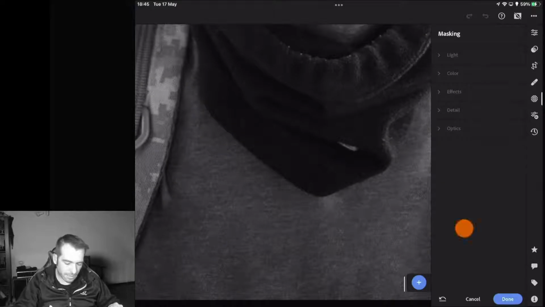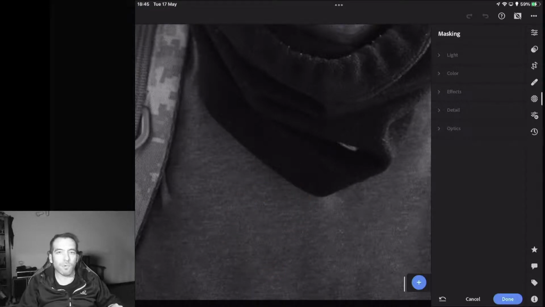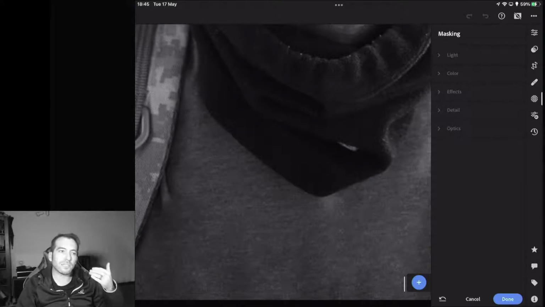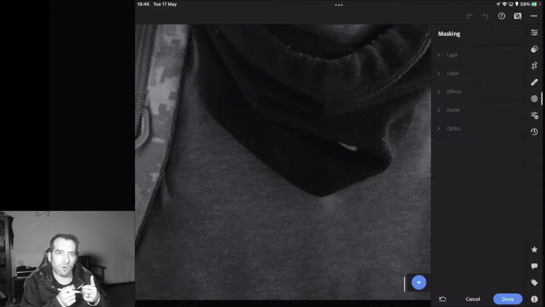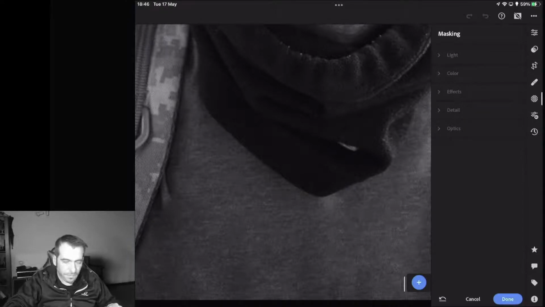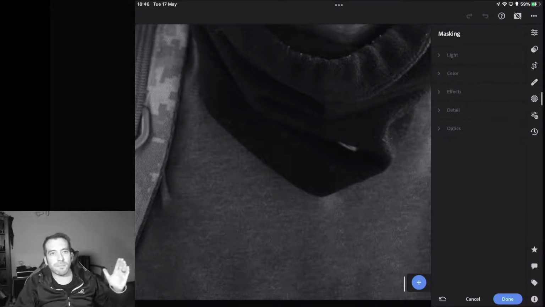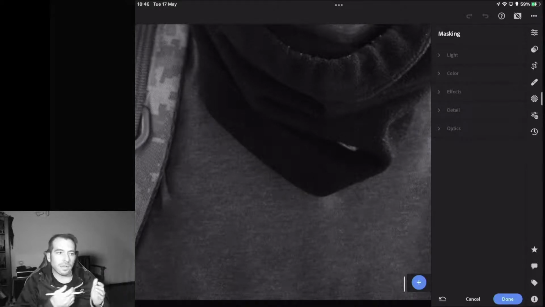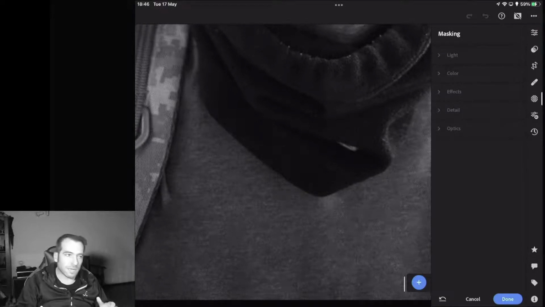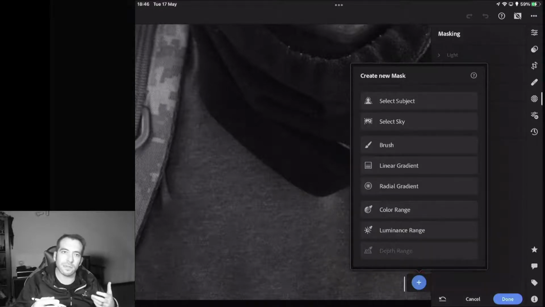Right here on his shirt, in this area, it's pretty flat. If you look at it, your brain tells you his shirt is pretty flat right there. Now what we're going to do with some dodging and burning is we're actually going to put a realistic looking crease right there on his shirt, as if it was creased, like bunched up. So how do we do that? If light is hitting his shirt sort of at an angle, it would be brighter on one side if there was a crease, because that's the side towards the light, and the opposite side of that crease would be darker. So we can artificially create that,